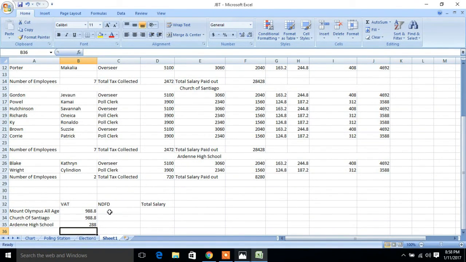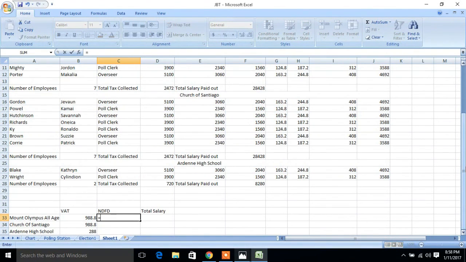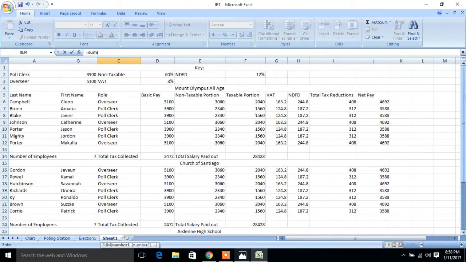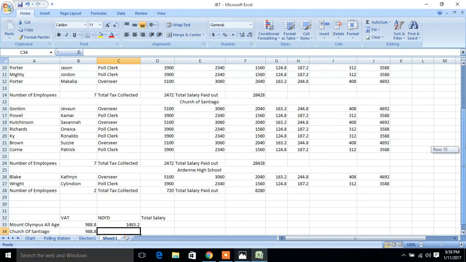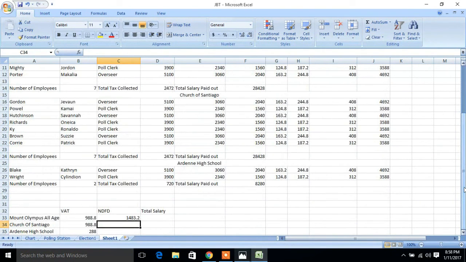So next we're going to do the NDFD for each polling station. So it's going to be the same, equal SUM, and put it here, close bracket and press enter. Then we're going to do it for Church of Santiago, so it's equal SUM, bracket, close bracket, and then for Arden